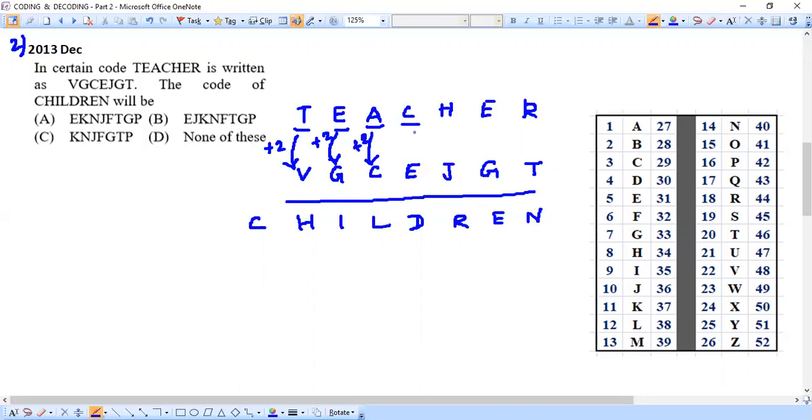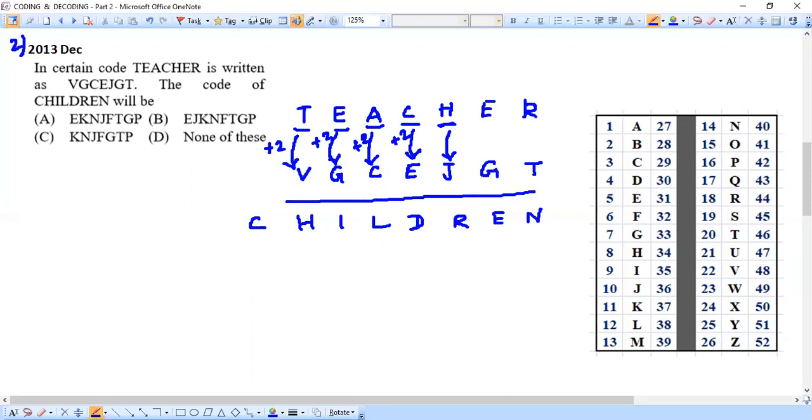And next is C to E. C to E is third letter to fifth letter. This is again plus 2. So again, this question is also very easy. We are very easily able to catch the pattern here, right? We'll just check it with the remaining letters also, because only after confirming can we get the answer. We shouldn't be lethargic with this. We must confirm that we are able to follow the pattern clearly for all the letters.